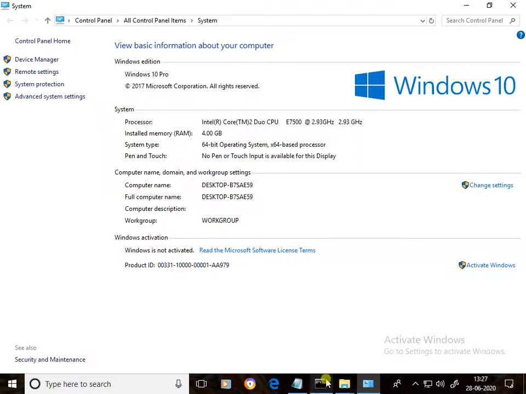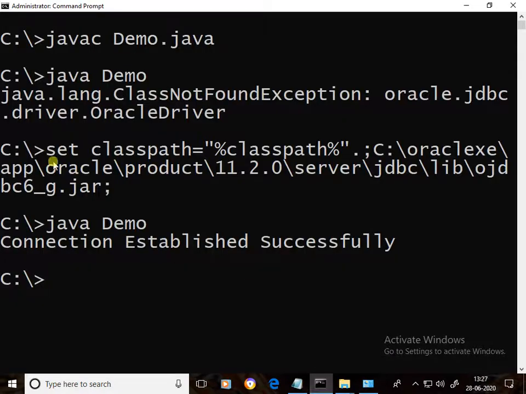Permanent class path. Now, whatever I gave at the command prompt is temporary class path. This class path vanishes whenever I close the window. But that class path is permanently stored in the hard disk. Even if you switch off your computer, that path is present in the hard disk. Okay.